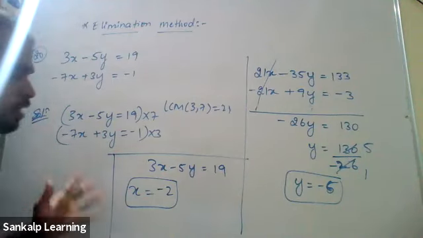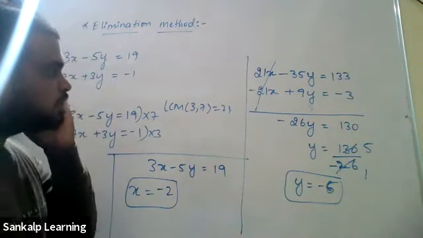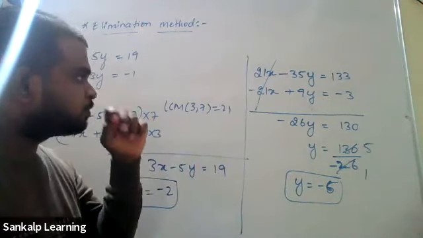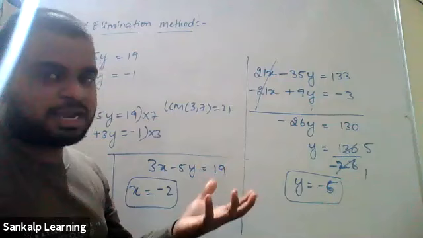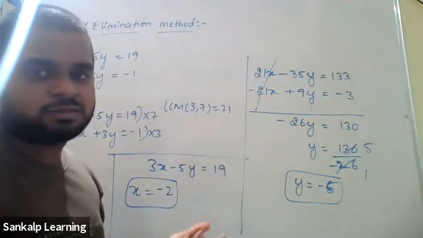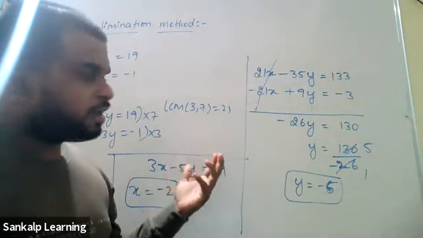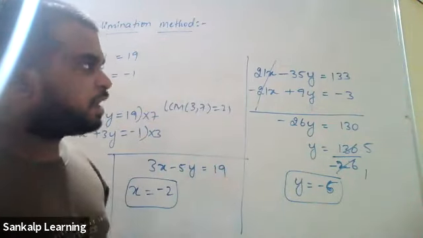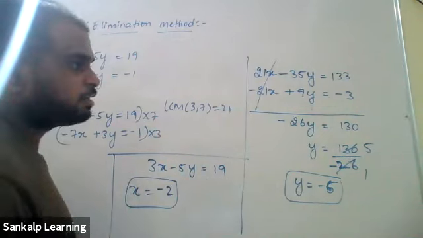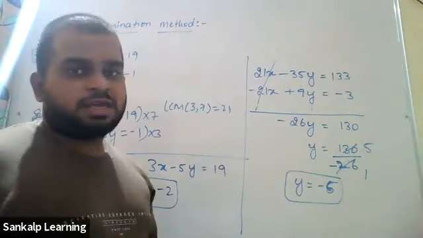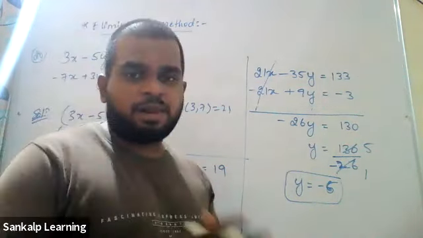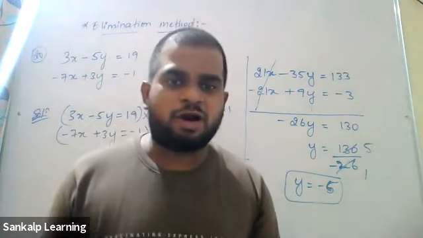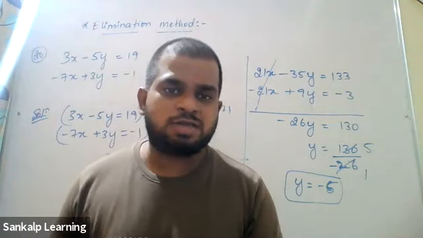Again, why are we learning all this? These are basics. Instead of telling it in a statement, we are writing it as an equation. Why might some ask, sir, why should we learn all this stuff? Simple, let's say you're going to a market, buying apples and oranges. You're taking 1 kg of apple and 1 kg of orange. The total cost is 100 rupees.